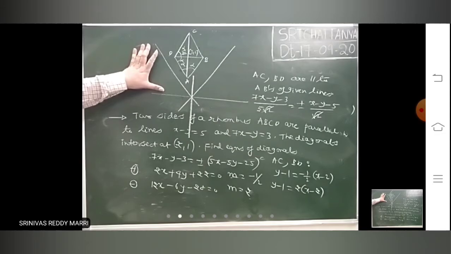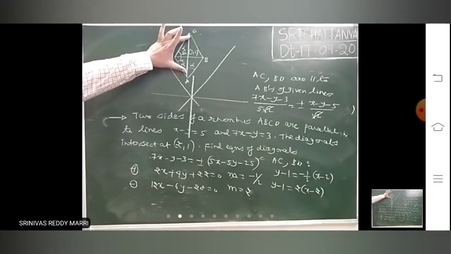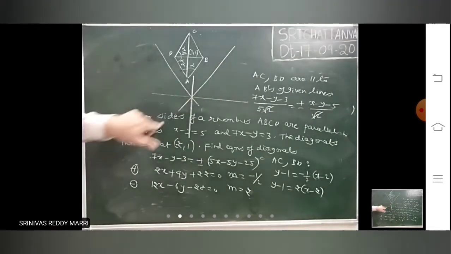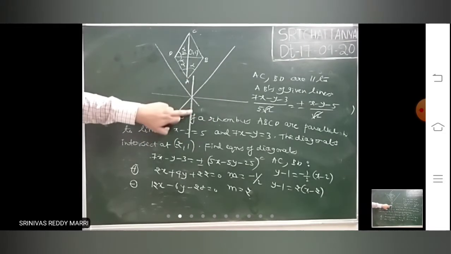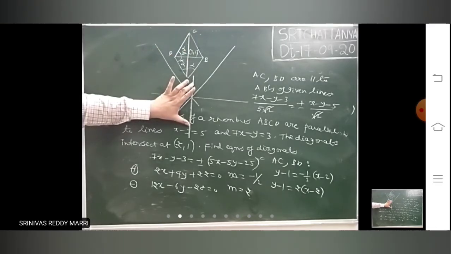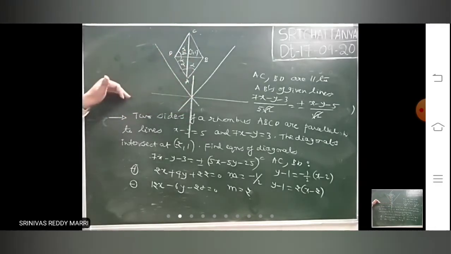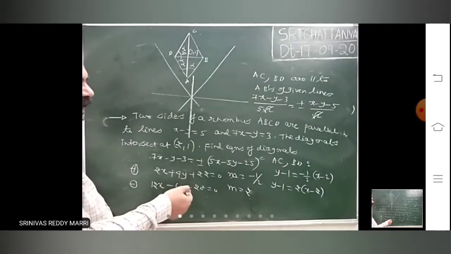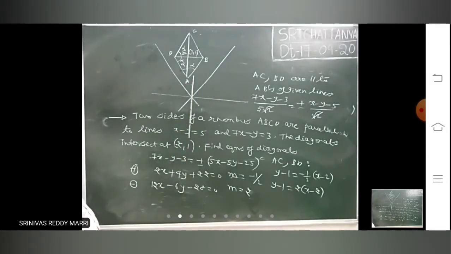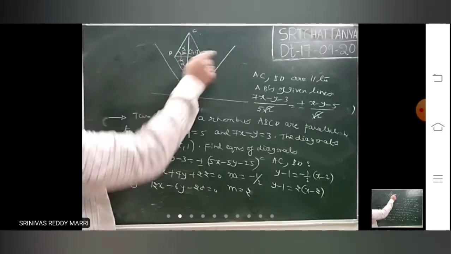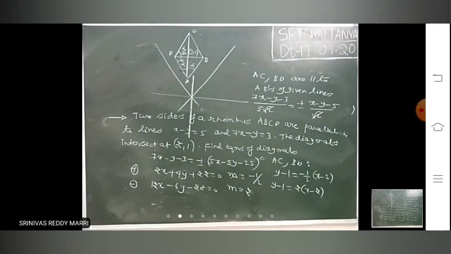Like that, if you want to find the lines which are equally inclined to the given lines, here of course the lines given are not parallel, and the angular bisector is there. So one diagonal will be parallel to one angular bisector, and the other diagonal will be parallel to the other angular bisector. From that you can find the slope of the line which is equally inclined to both lines. With the given slope and passing through the point, you can find the equation.